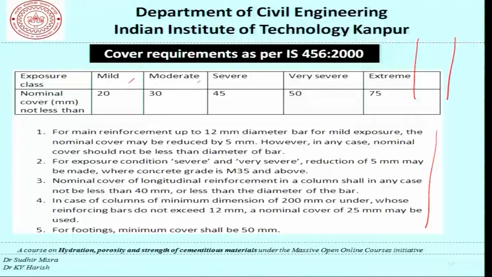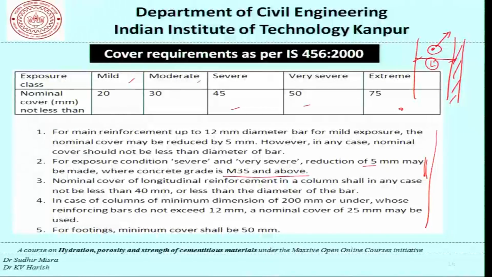Our essential objective is that this reinforcement should be protected, and the amount of protection depends on the quality of concrete and the length. So, if the quality is improved, there is an intuitive reason to say that this length can be reduced, and this is what is being stated here: for these two conditions, that is very severe and severe, if we are using M35 or higher grades of concrete, we may reduce the cover by 5 millimeters,